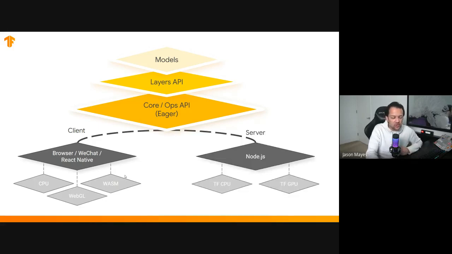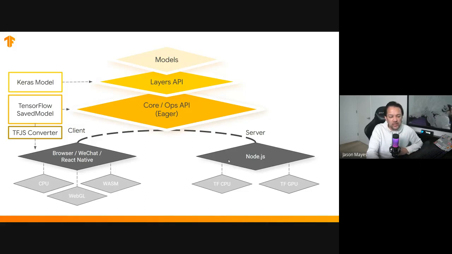And the flip side is also true. We can also run on the server side with Node.js. And if you do that, we've got the same C++ bindings that Python has to the core TensorFlow APIs. And that means we have the same performance as TensorFlow Python for inference. So we've got the same AVX support for the CPU, and we've got the same CUDA acceleration for the GPU. And as we'll see later, Node.js can actually make things run faster than Python in certain use cases. And we'll go into that in more detail in just a bit. So we've got the client side and we've got the server side implementations, and there are different implementations, as we'll see later.